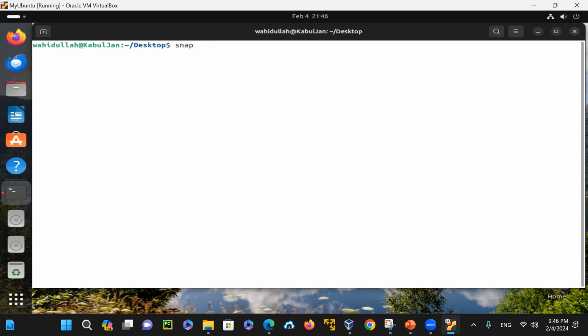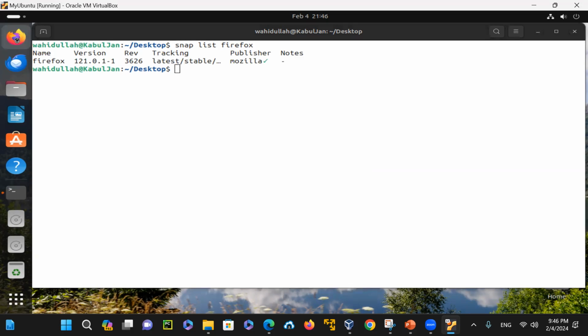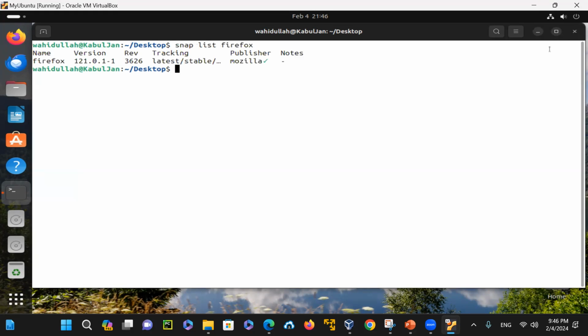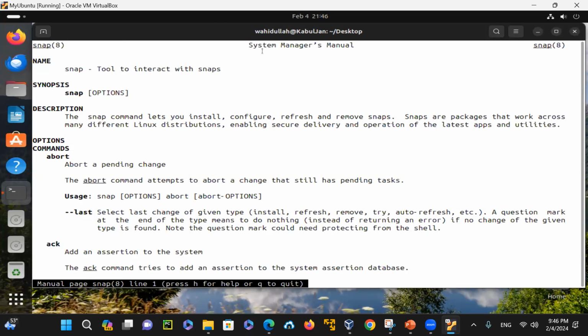So snap list firefox, for example. This Firefox is a container. When you run this Firefox, it runs as a Snapd package, and the whole thing is containerized, similar to what Flatpak on Fedora is doing. Except Snapd is from Canonical, and it's a little bit easier to do. So if you look at man snap, you could see that it is there, and then the repository of this one is